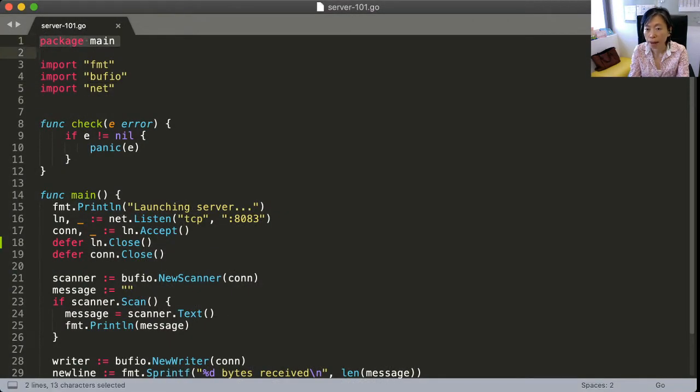First line is package main. This means we include all the basic APIs. And then we include 3 more sets of APIs. First two are format and buff.io, which we've already seen in pa2. The third is the package net. This is very important. This is also the package that we'll be importing for all the assignments in the rest of the semester. So what's defined there are all these